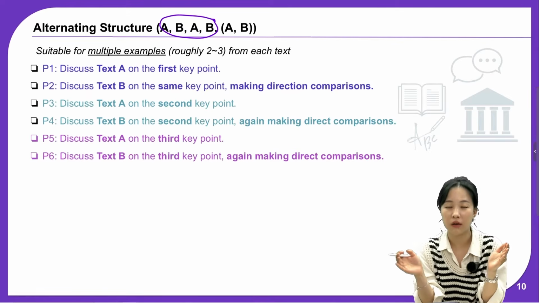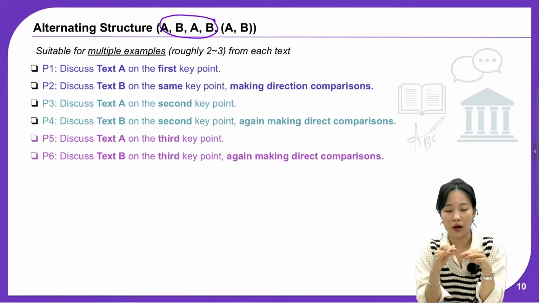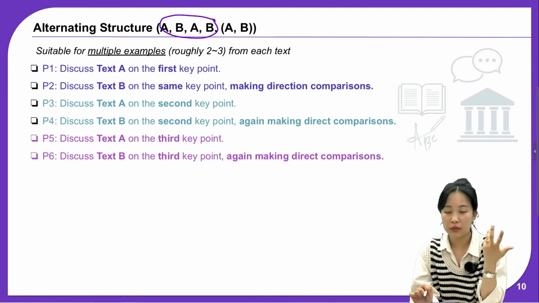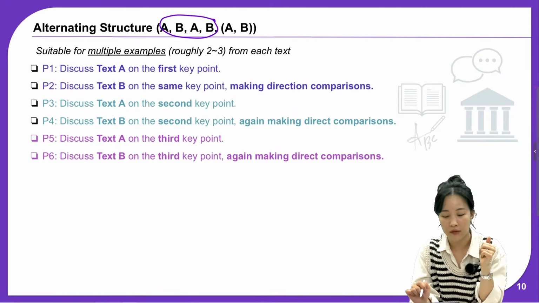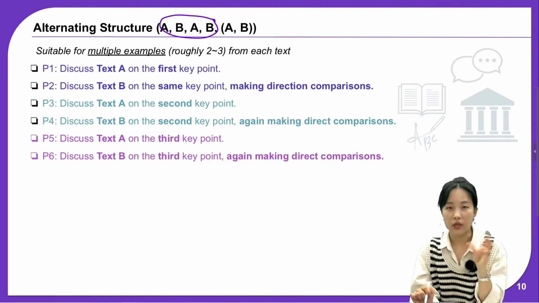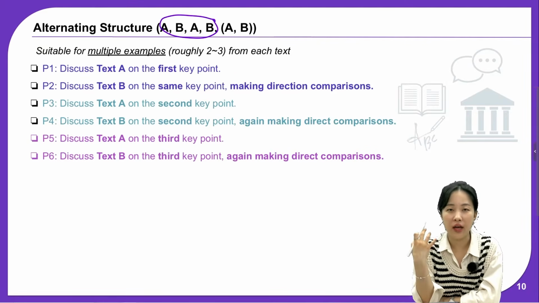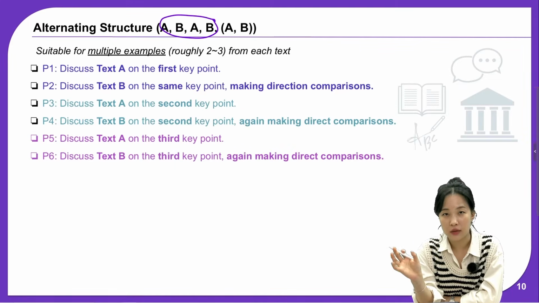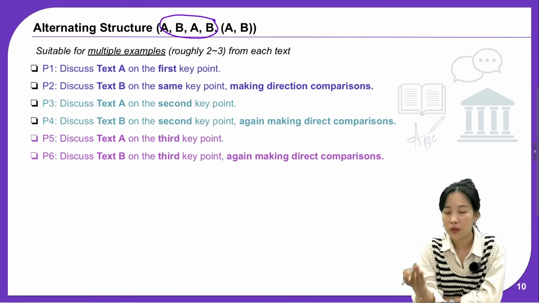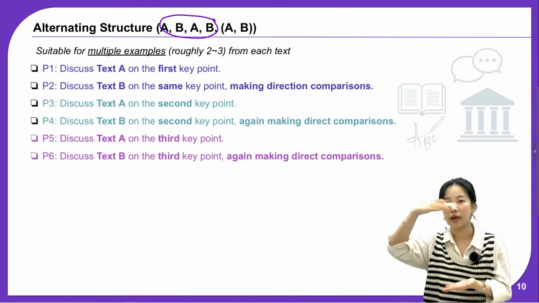If you're writing 6 body paragraphs, compared to an essay that has 4 body paragraphs, the body paragraphs are going to be relatively shorter, right? So assuming that we stick with 4 here, but also letting you know that it is possible to write a 6 body paragraph essay out of this, the alternating structure is suitable when you have multiple examples for each text. So let's say for this one similarity point, I want to talk about the transformation of the protagonist, right? If I have multiple moments or sections in the novel or the play that support that idea,